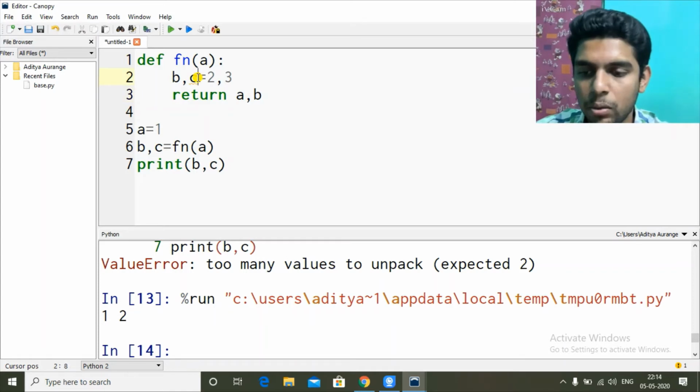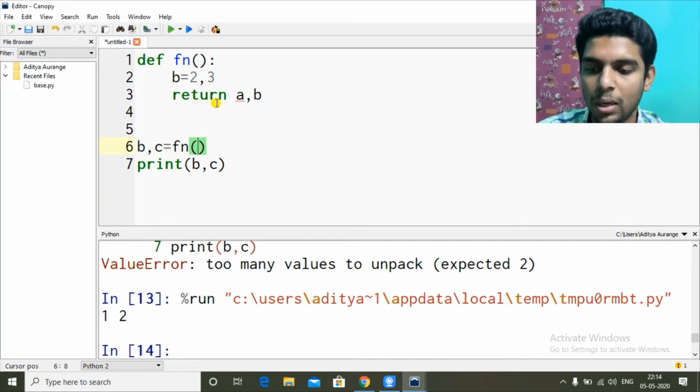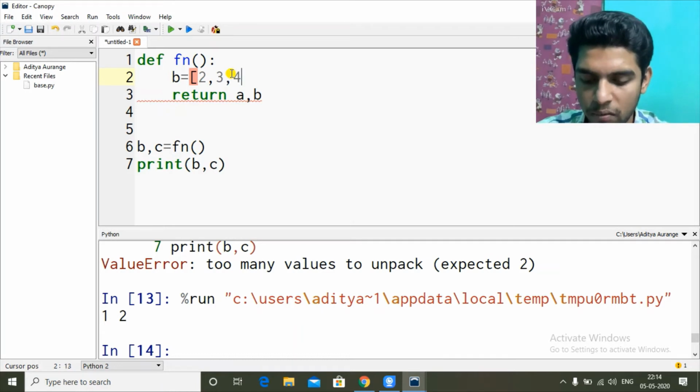Now let's try to return a list. We don't need this element. The same way we can pass anything. I'm creating everything here only. So b is a list, 2 comma 3 comma 4.